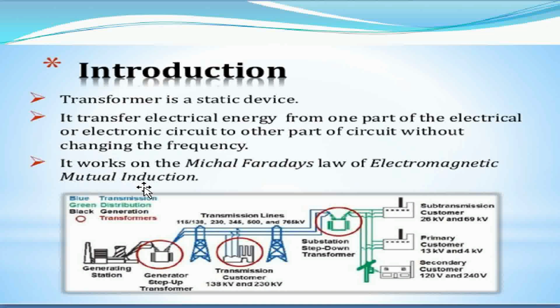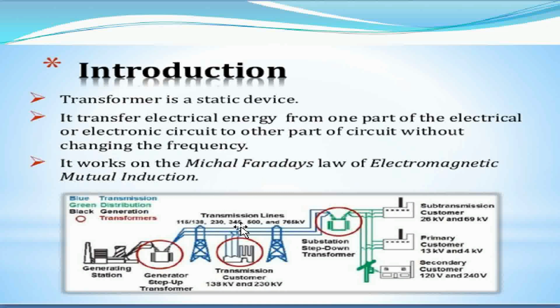Earlier I said that we have different levels in the electrical network. What are the levels? We have the generating level, transmission level, distribution level and utilization level. Here the black box is indicated as the generating station, and the generated power is delivered to the customer through the transmission. First it is transferred through the transmission lines, indicated here with the blue box.